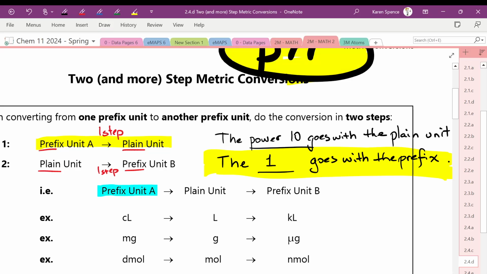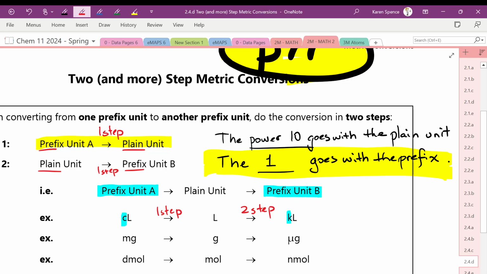a prefix unit to a different prefix unit, so from a centiliter to a kiloliter, that's going to be a two-step process. Because we don't know a conversion factor between centiliters and kiloliters, but we do know conversion factors between centiliters and liters and